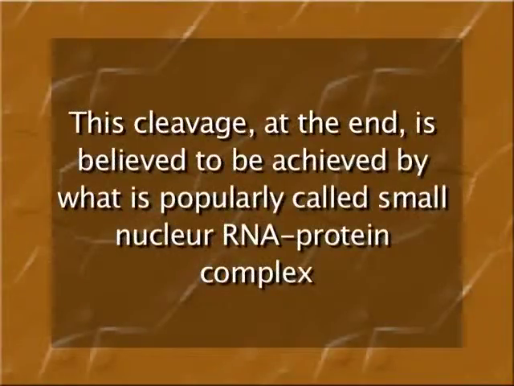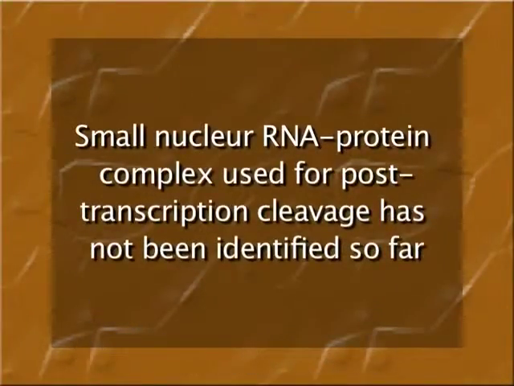This cleavage at the end is believed to be achieved by what is popularly called a small nuclear RNA protein complex. The small nuclear RNA protein complex used for post-transcription cleavage has not been identified so far, but is believed to be certainly different from the U1 small nuclear RNA protein complex, which is believed to be involved in intron splicing in